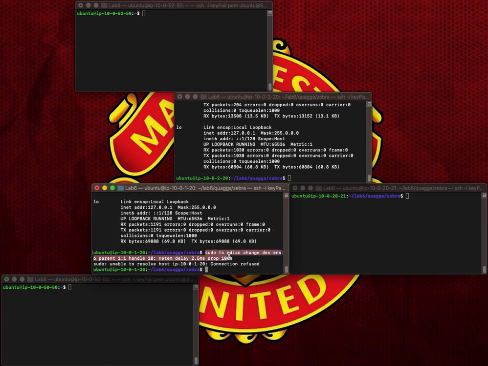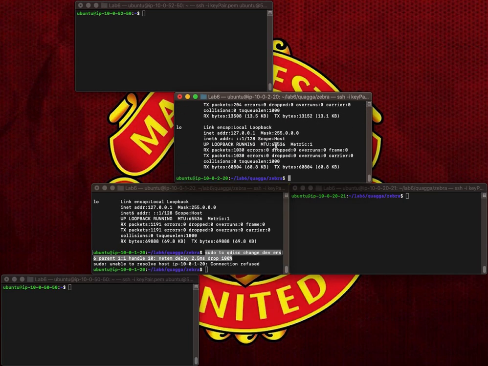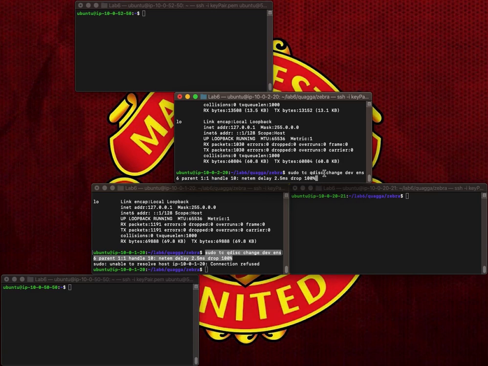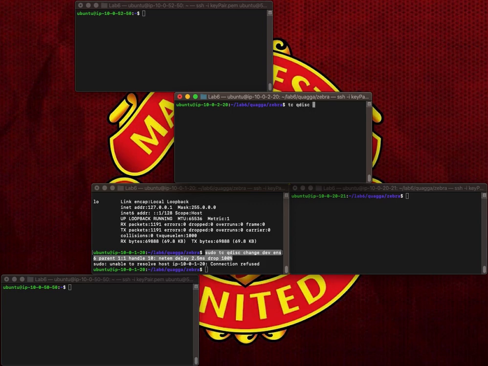RSS is still running, so that means we have applied it to the correct interface. And since it's the same ens6 for router 3 as well, we'll just copy and paste it and then hit enter. Right, so if I do tc qdisc show,